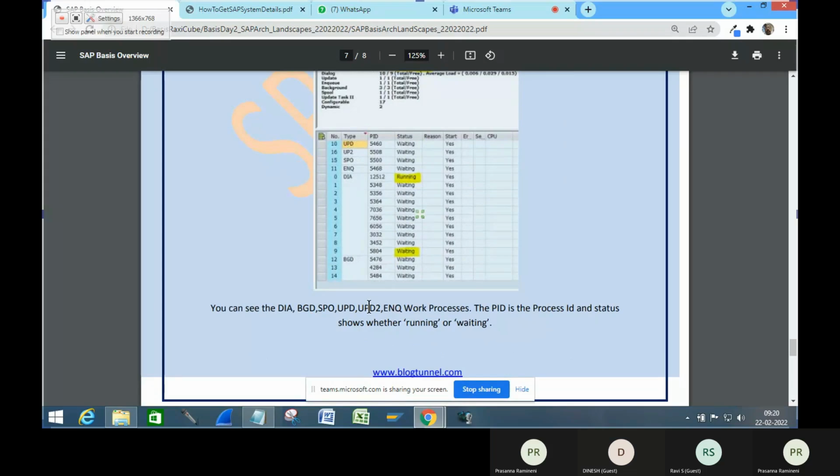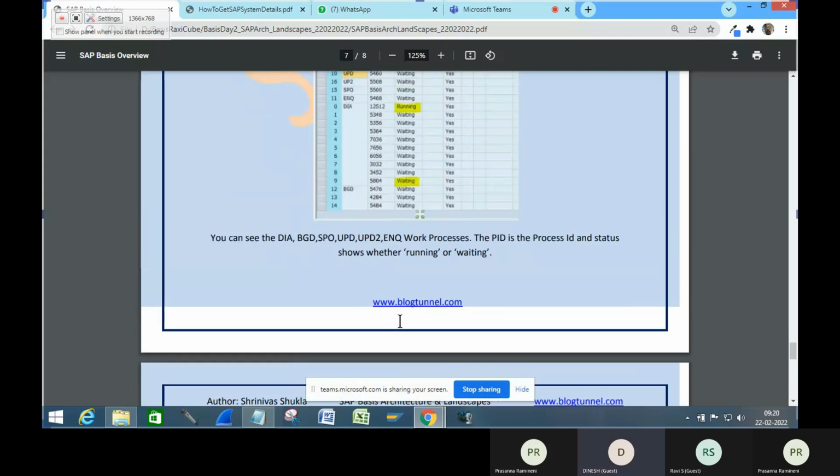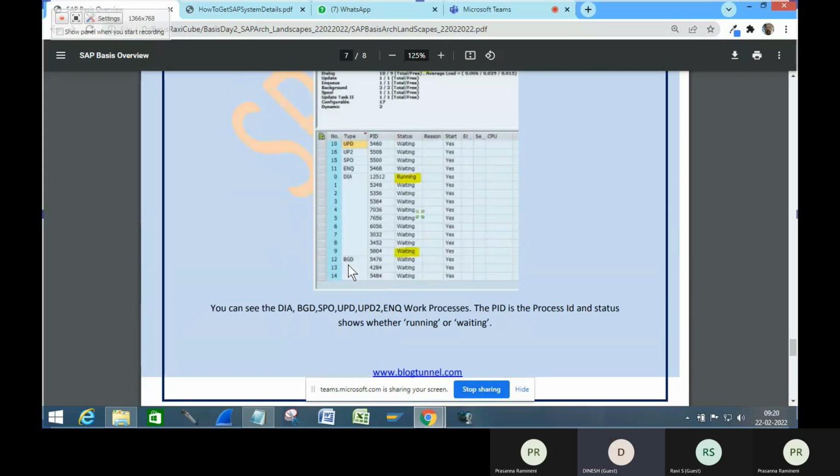So these are the different work processes which we saw. This is the PID, the process ID, like we discussed, running and waiting. What's BGD over here? BGD is background process. So let us say if you are running a report in the background, then you will find that it will show that it is running. So looking at this particular